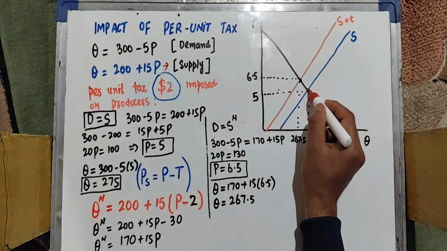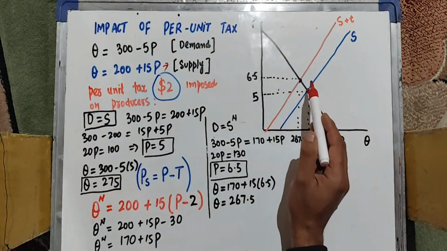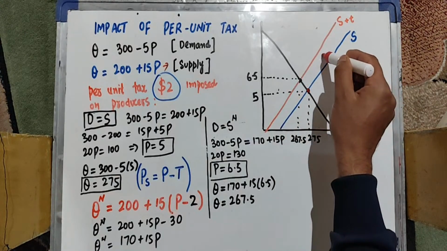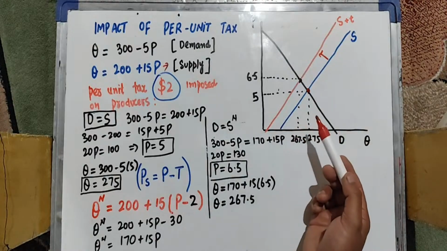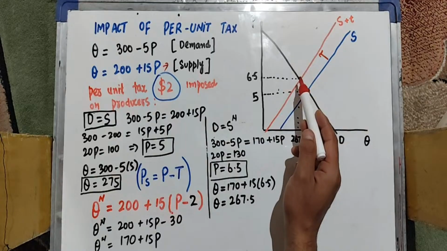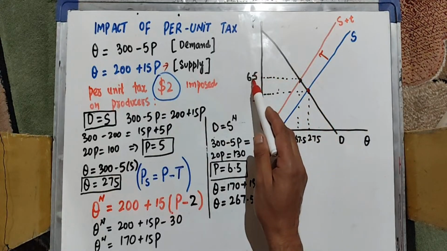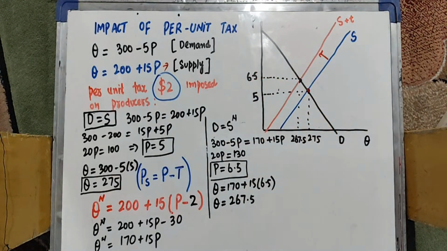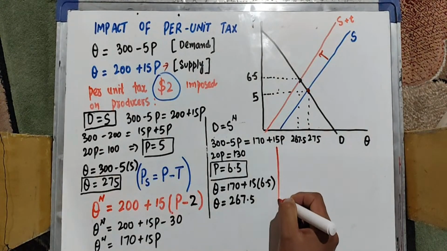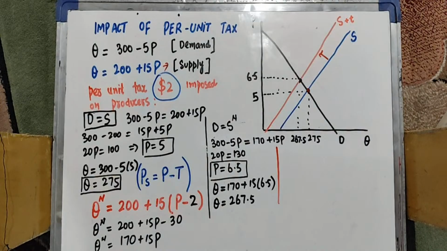Initial equilibrium was this: after the imposition of a per unit tax of $2, the supply function has shifted by the amount of tax, which is $2. Now the consumers will pay a price of $6.5. Now what is the amount of price that the sellers will receive? That will be equal to,